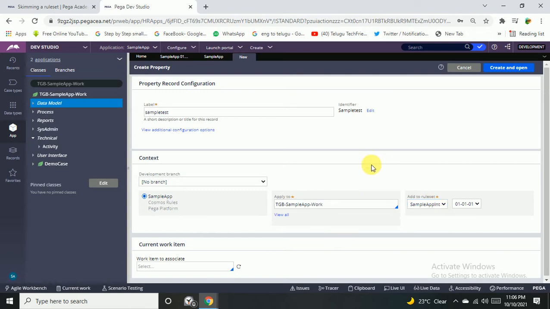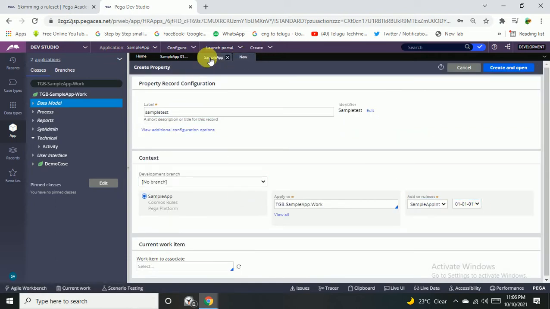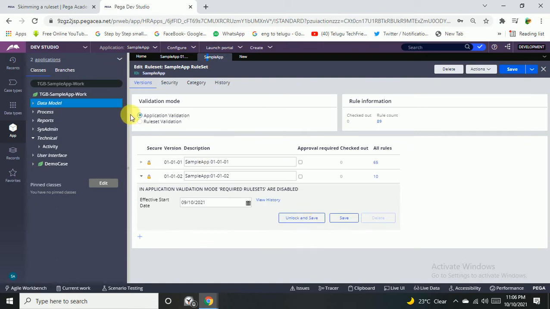Let me tell you the scenarios and examples of how you'll get this. For example, you have a requirement to save two rules under this sample app 112, but it is locked. Then what if you don't have the password, because the password is forgotten? In case you put a lock on your rule set, you may also forget the password in future. After one or two months, if you suddenly try to save some rules within this, you have forgotten the password, and you still have the requirement. So the interviewer may simply ask you this question: if the rule set is locked, how will you open it?